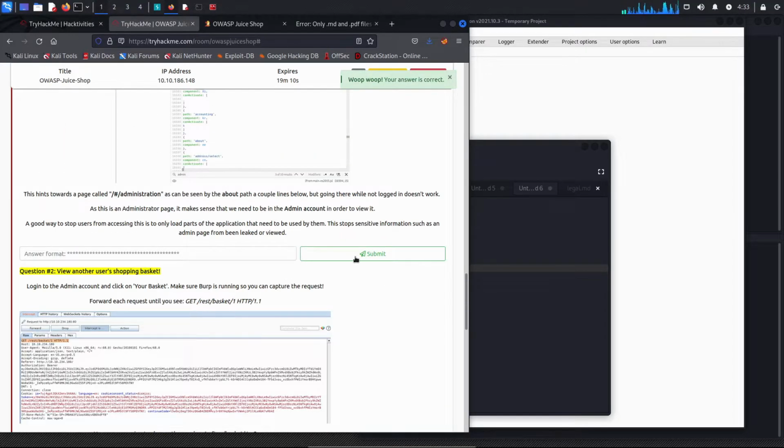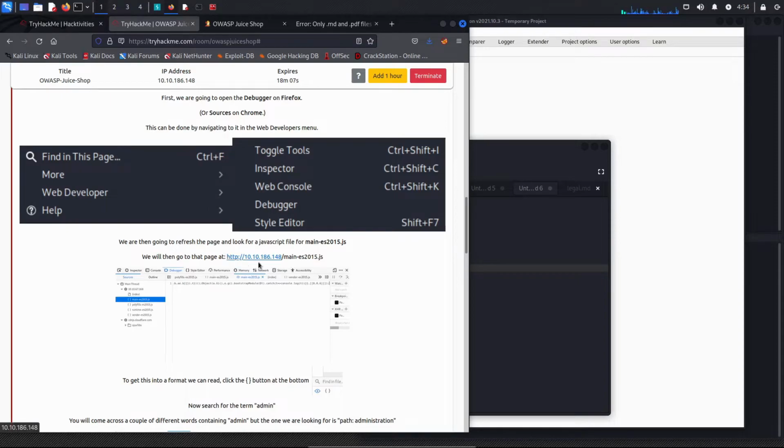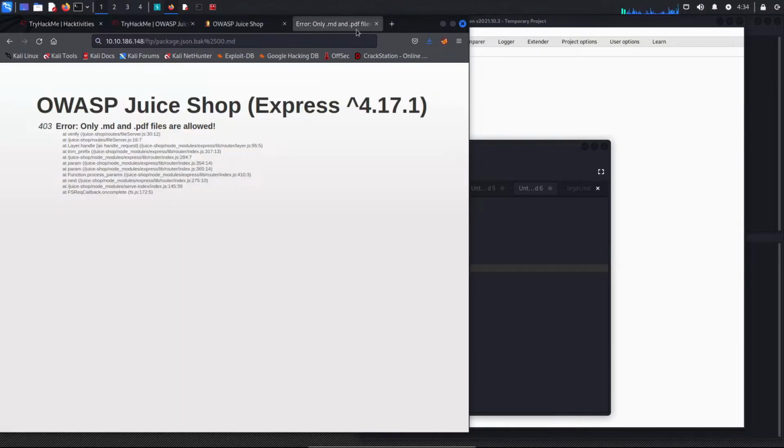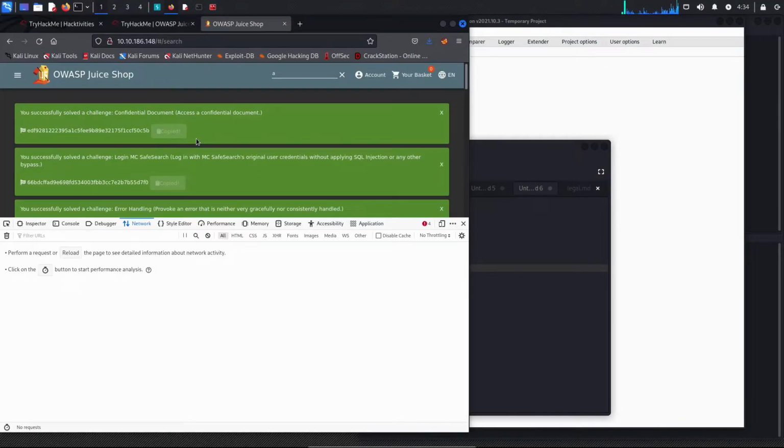Now moving on to task 6. Now in question 1, we should access the administration page. Okay, so we have to open the debugger on Firefox. We should navigate to this URL. So let me close this one, and if we open, I'm using the keyboard shortcut, and that's F12. We go to debugger.